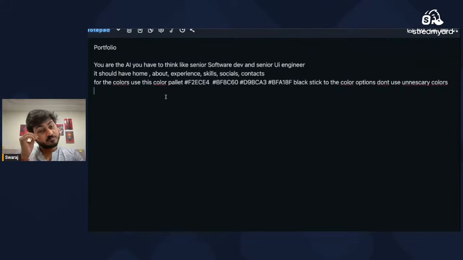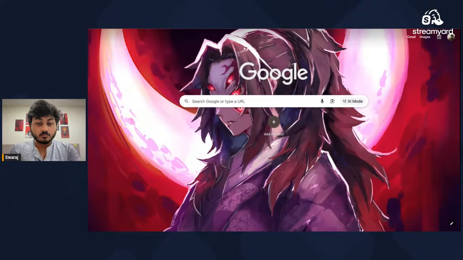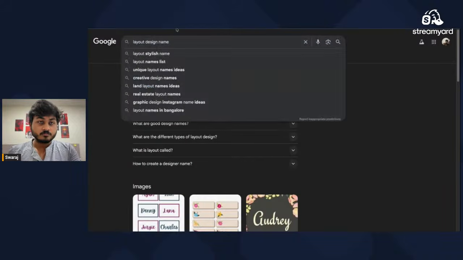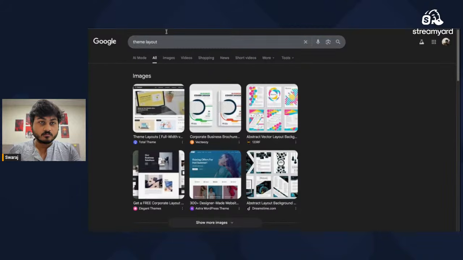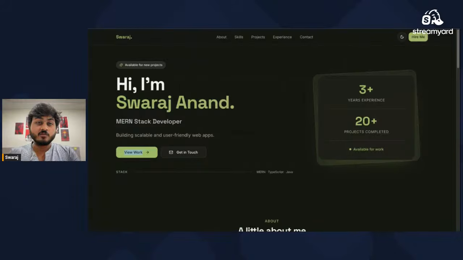Now will try to define the idea, so designs, layouts, theme layouts. Okay, leave it. I'm not able to find any decent layouts for now.